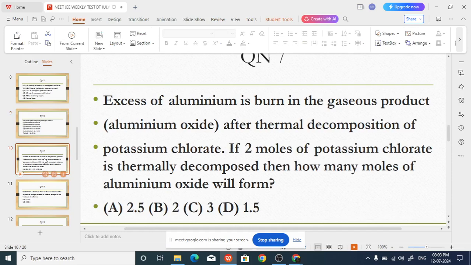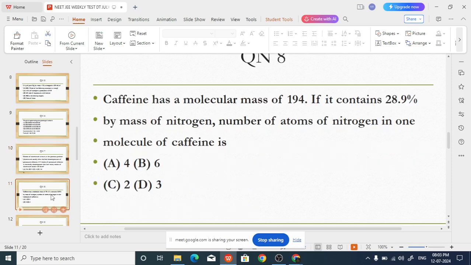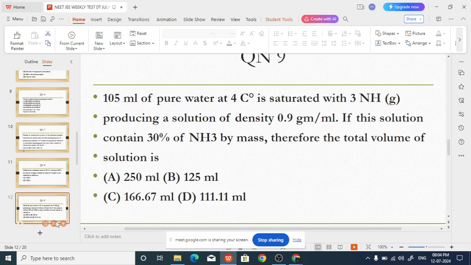Excess of aluminum is burned in the gaseous product after thermal decomposition of potassium chloride. If 2 moles... I think the moles part you are not very sure, so I am not skipping. Caffeine has a molecular mass of 194. If it contains 28.9% by mass of nitrogen, number of atoms of nitrogen... again, this is again the mass. I thought this particular thing would have been handled. I think all these things are